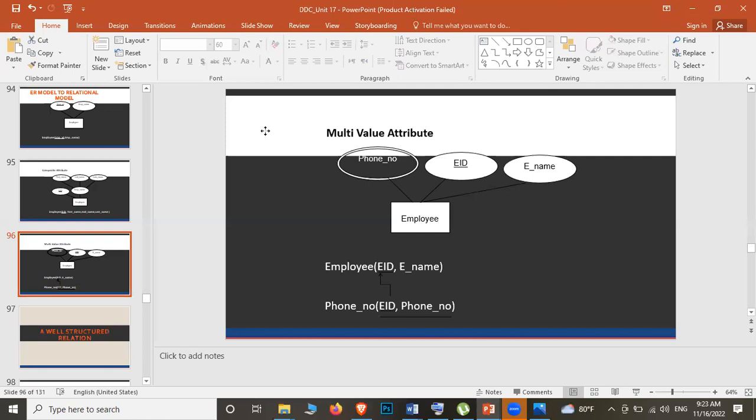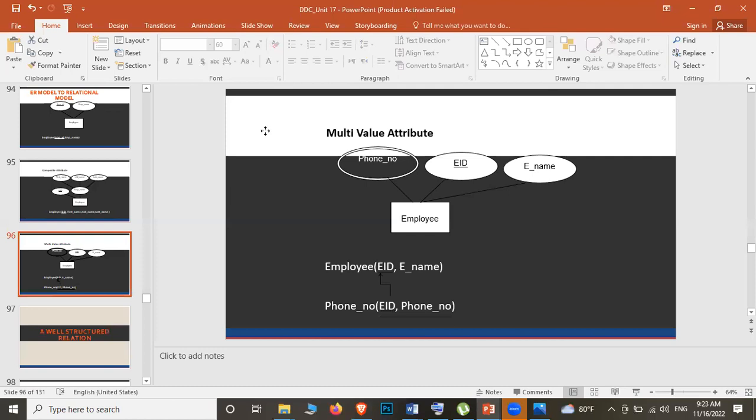Below the ER diagram, write down the entity name, and then inside the brackets write all the attributes. If there is a multi-valued attribute, you have to create a separate relation for that multi-valued attribute, where the person with this ID has this phone number, and also has another phone number, or these qualifications, maybe three or four of them. You just give it a try, okay? All of you. Okay, fine.